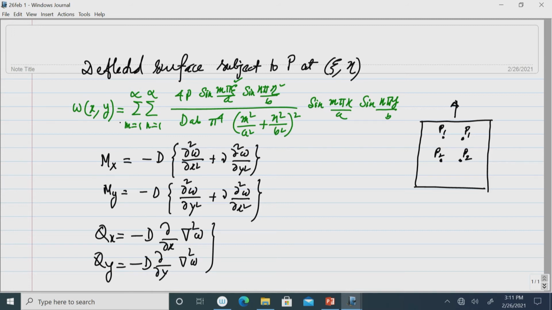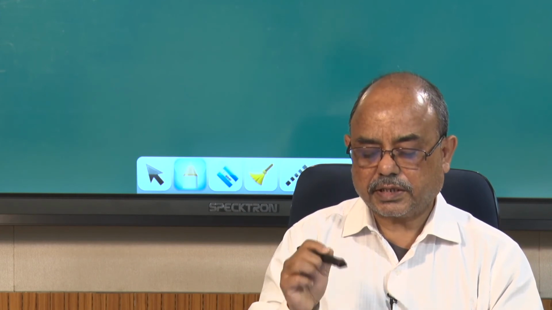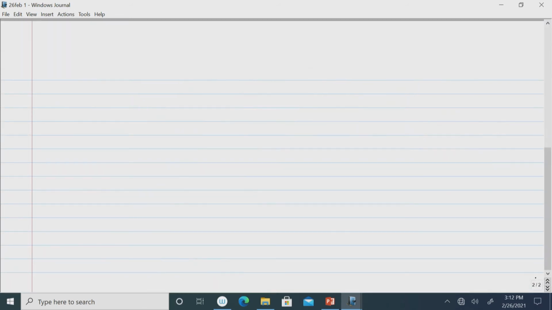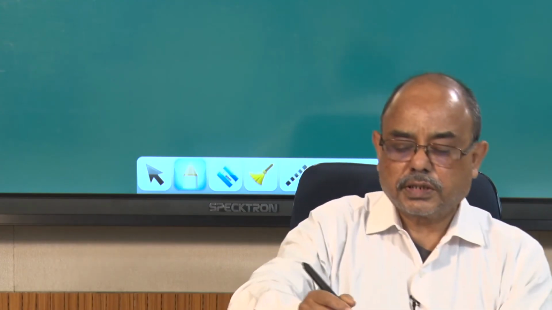Deflection is the basic quantity from where we can differentiate and we can find the quantities of interest, the bending moment, even the twisting moment also you can find. Twisting moment is equal to minus d 1 minus nu cross derivative, that is the twist curvature will come into picture. Okay. Now, let us introduce a very interesting method to tackle the problem of concentrated load, that is by